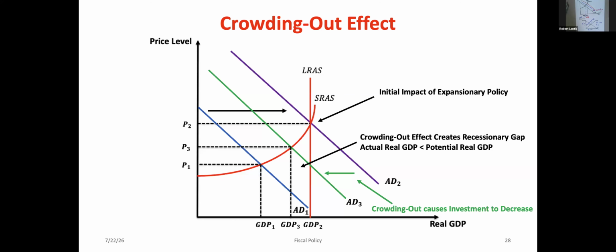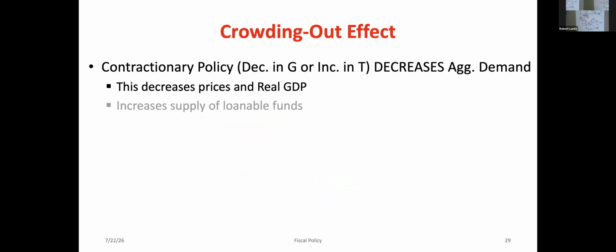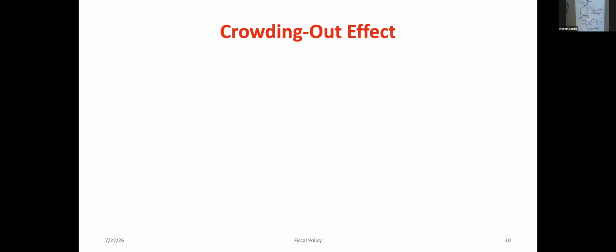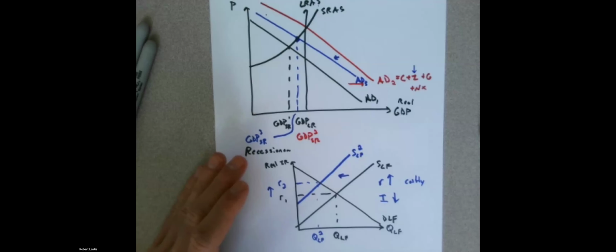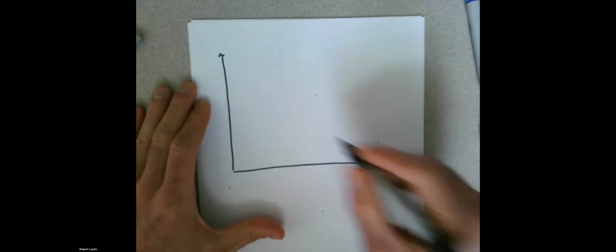Any questions here? I'll do the opposite as well, just so we get more practice at this. I didn't have a depiction, but the exact opposite happens if we need to use contractionary fiscal policy. Everything works in the exact opposite direction. So I'll build out the model and it hits all of those bullet points that are in the slides. Let's try to give myself a little more room than I did before.